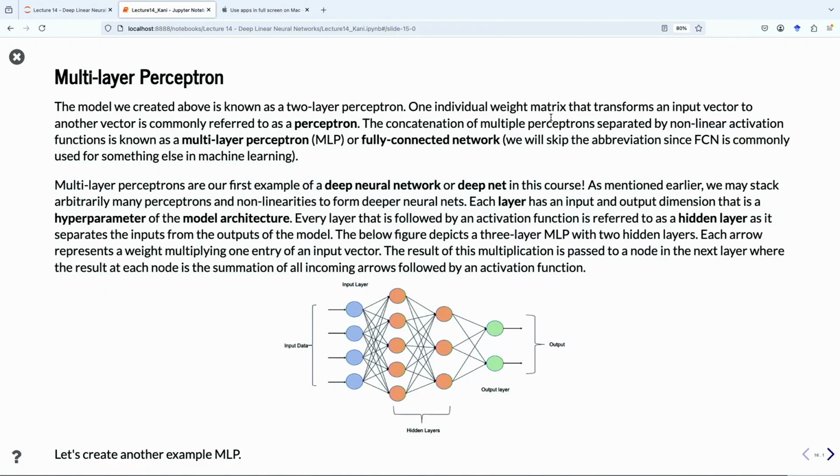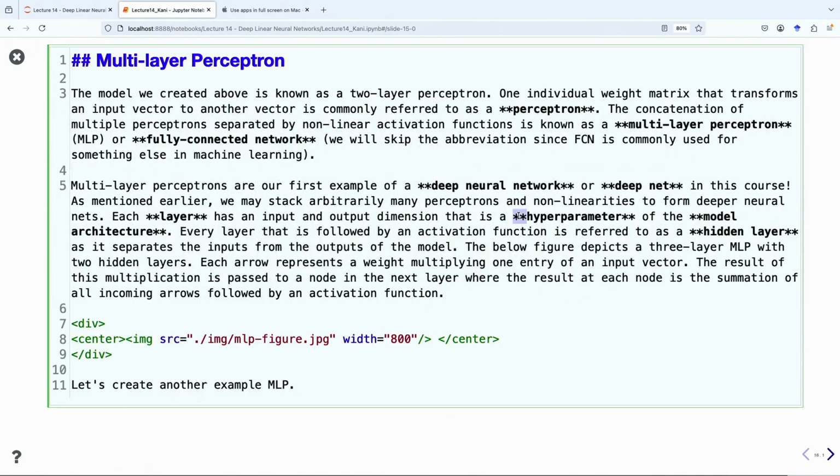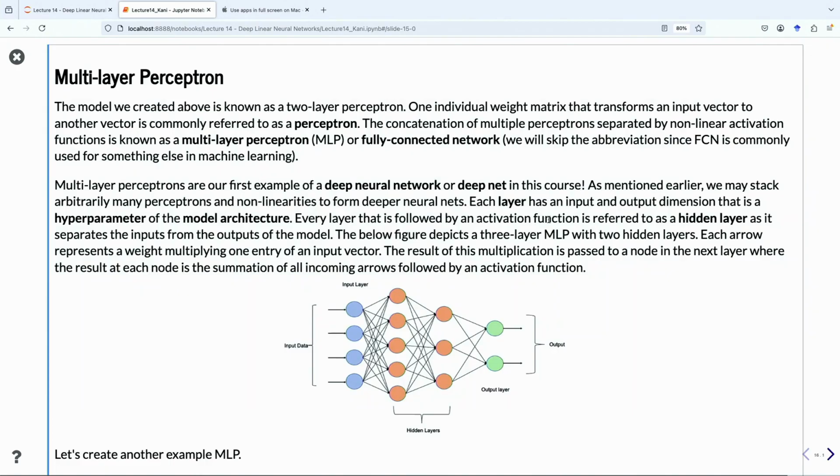The concatenation of multiple perceptrons separated by nonlinear activation functions is known as a multilayer perceptron, for obvious reasons. Basically, you get a bunch of linear barriers at the output here. You put a bunch of nonlinear barriers into this input, you get a bunch of nonlinear barriers into this, and so on and so forth. What's important is that even though it's not shown, every layer is followed by an activation function